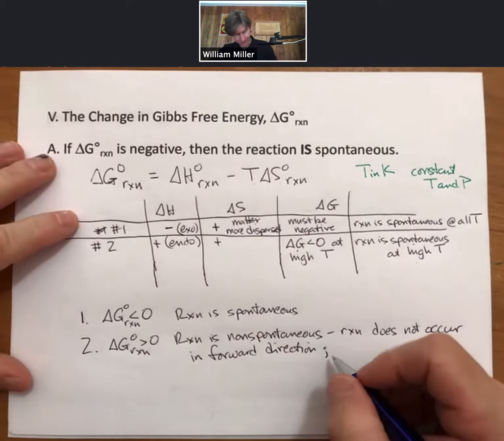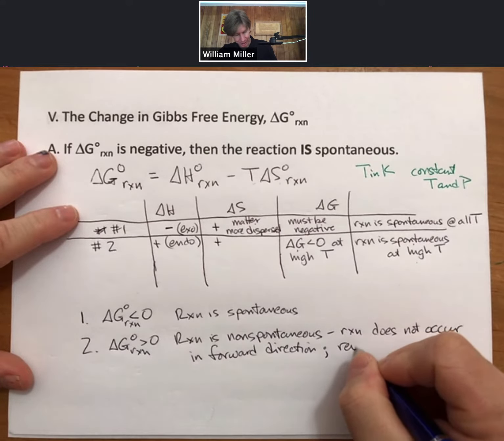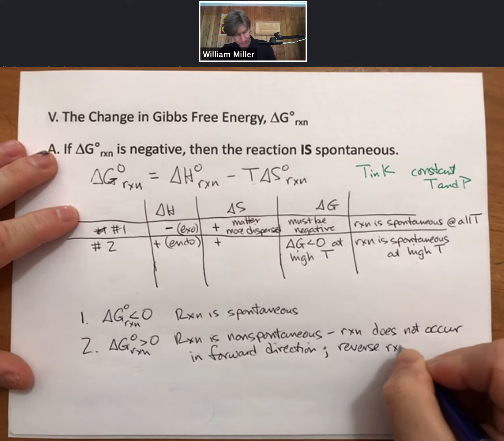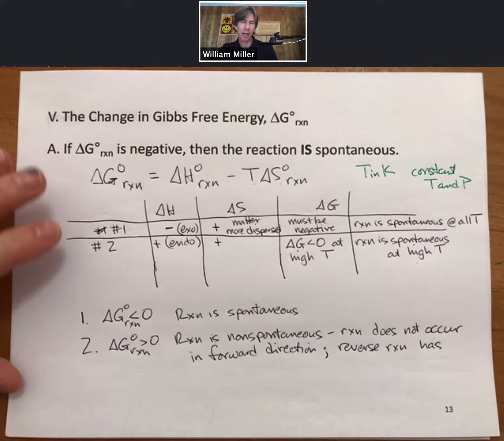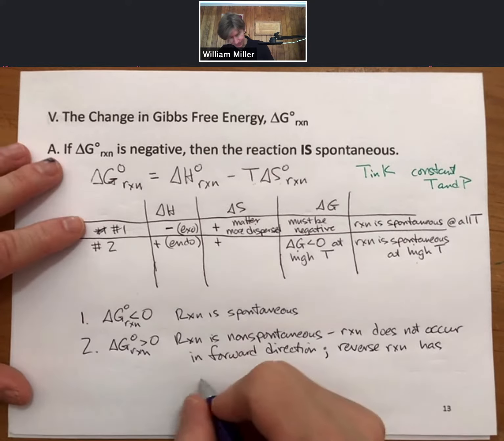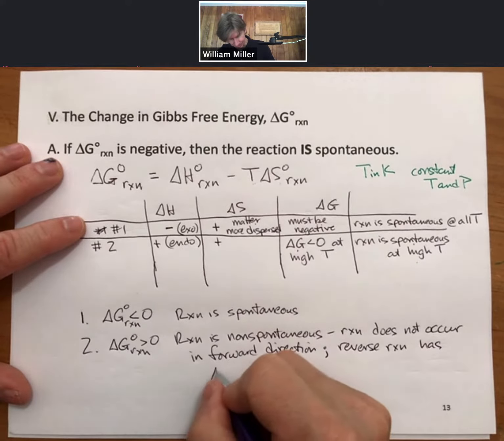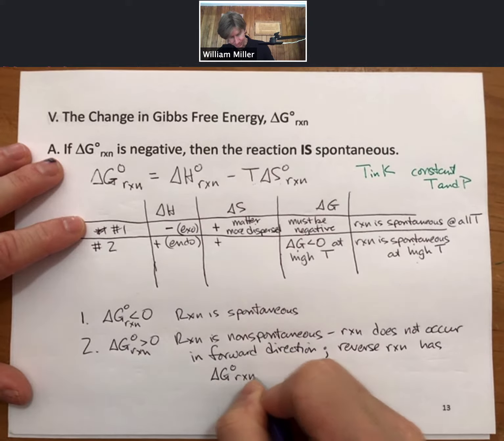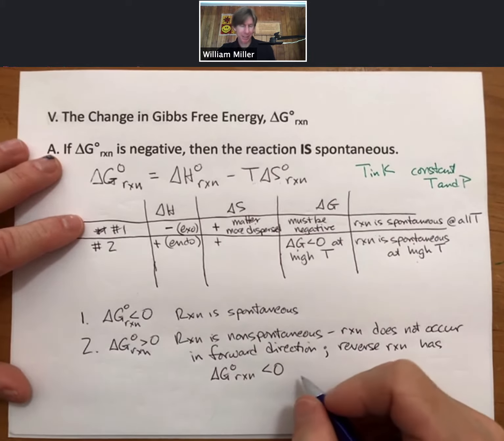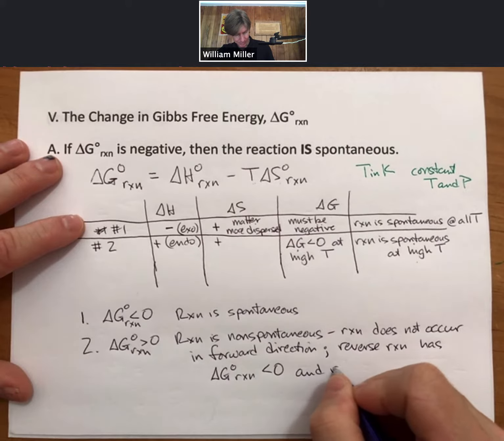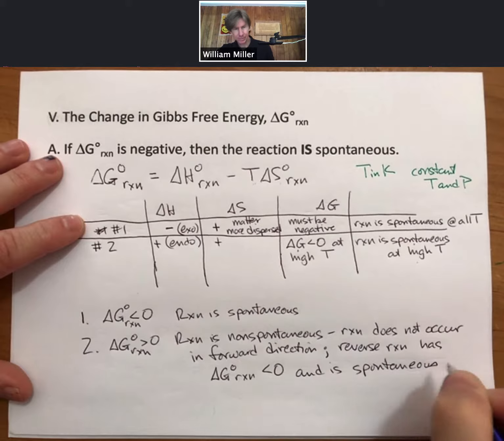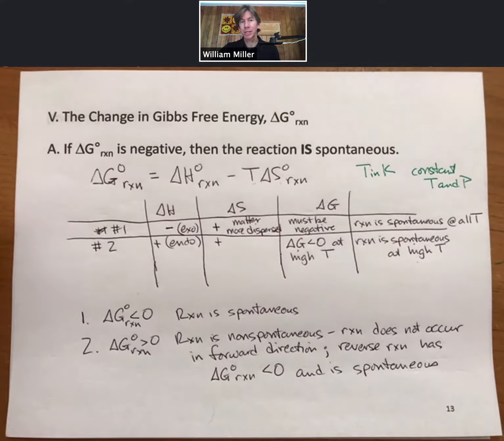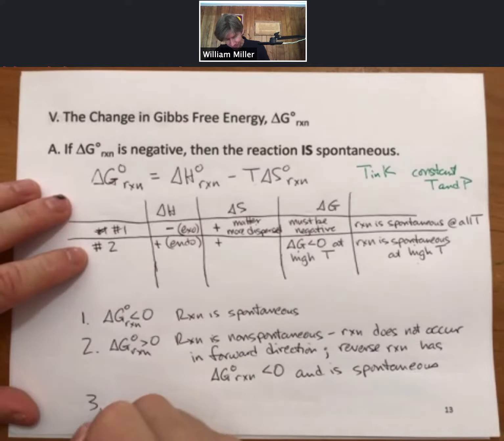And another thing we can say is that the reverse reaction has delta G naught reaction less than 0, and is spontaneous. So that's another thing we can say, and we'll talk more about that. 3,